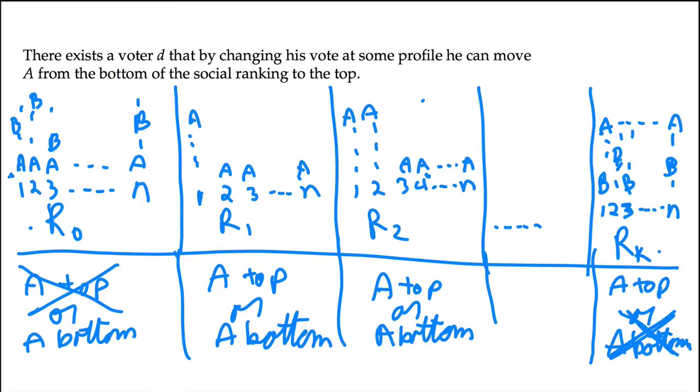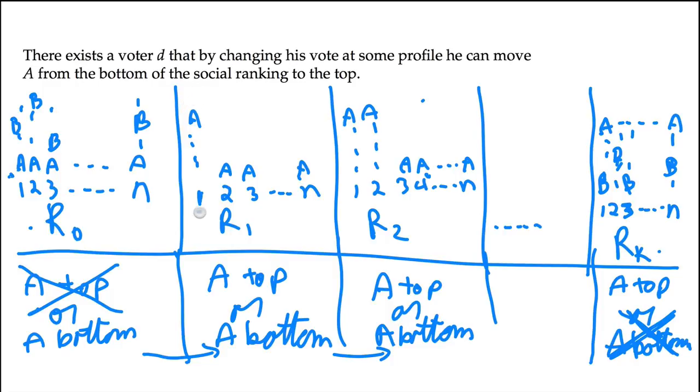So now we can find our voter D. We simply let D be the first voter that causes A to move from the bottom to the top. As we move along this sequence of profiles, A starts with society ranking A at the very bottom. We move on to the next profile. If A gets moved to the top,